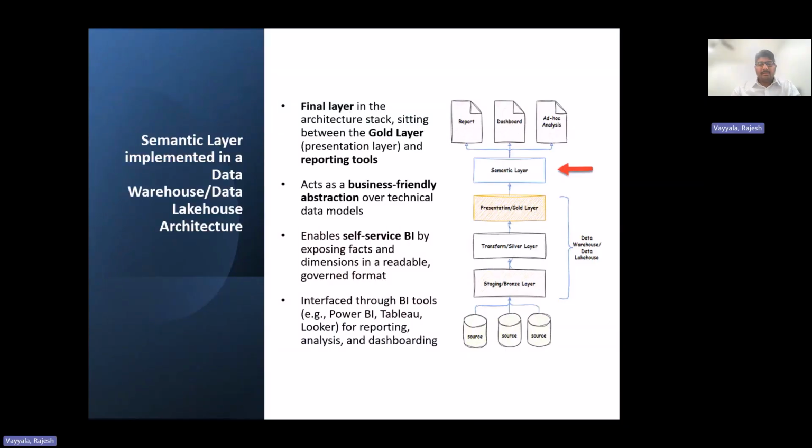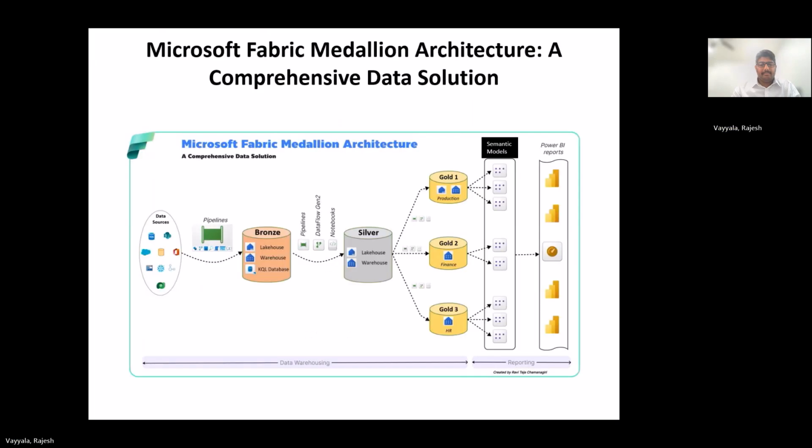So the semantic layer will make the analytics more accessible, accurate, and scalable. In my company, the other company that I work for, we work in a Microsoft Fabric environment, and we implement the medallion architecture. This one is not for my company, but this is just an industry standard architecture